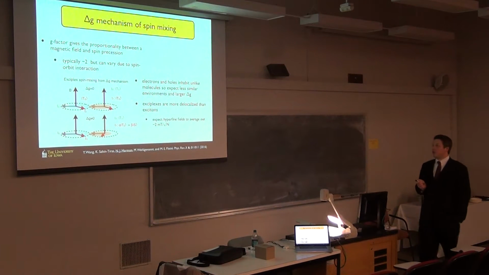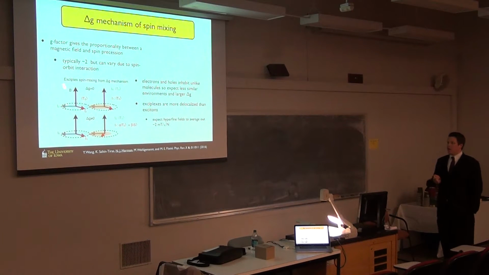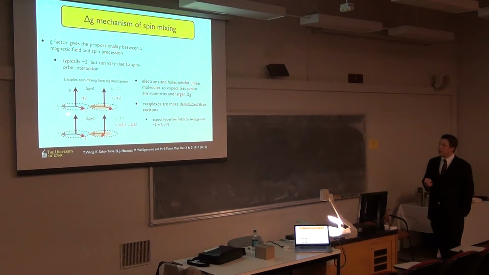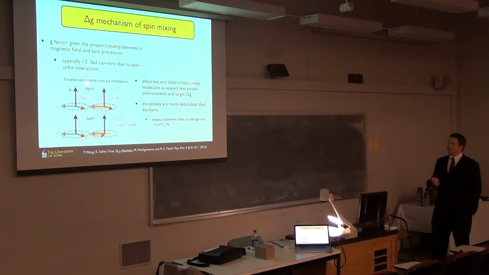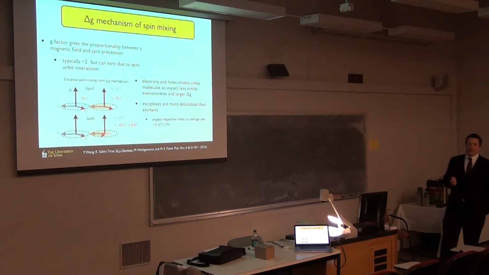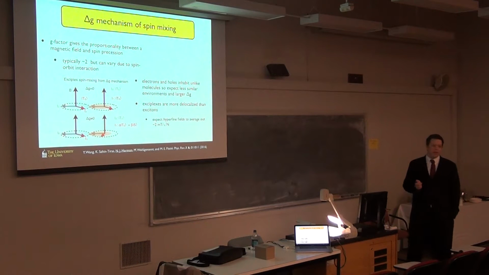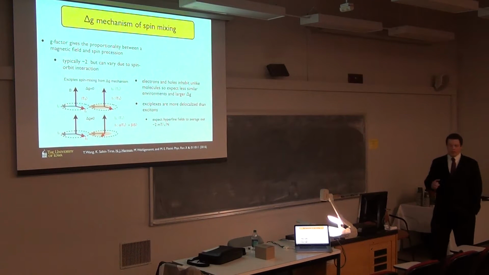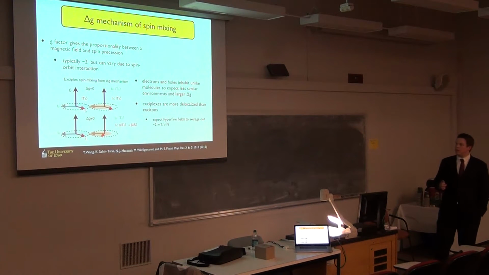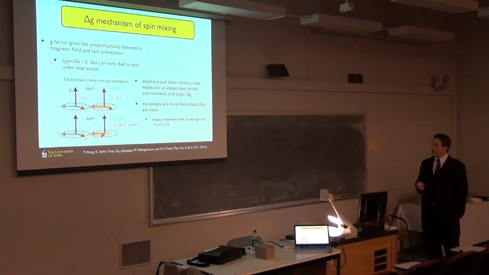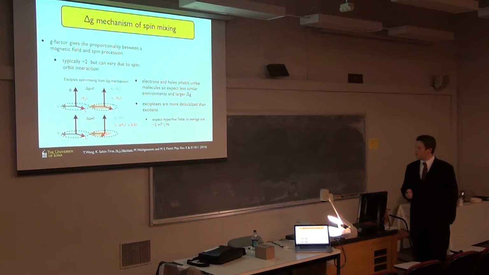And just a little cartoon picture here: we have some applied field, we have some spin starting out at T0 here in the triplet state. If you have no delta G, they're going to precess around the magnetic field, and at some later time, they're still going to be in that same state. They haven't changed their relative orientation. With delta G not equal to 0, they're going to precess now at different rates, so you have some change in orientation at a later time. It picks up some singlet part.